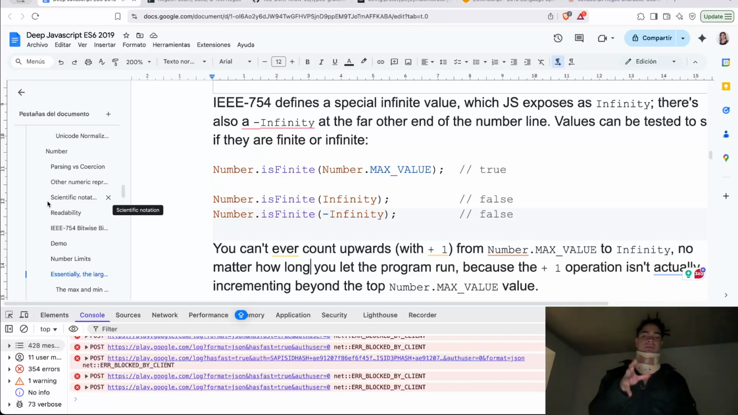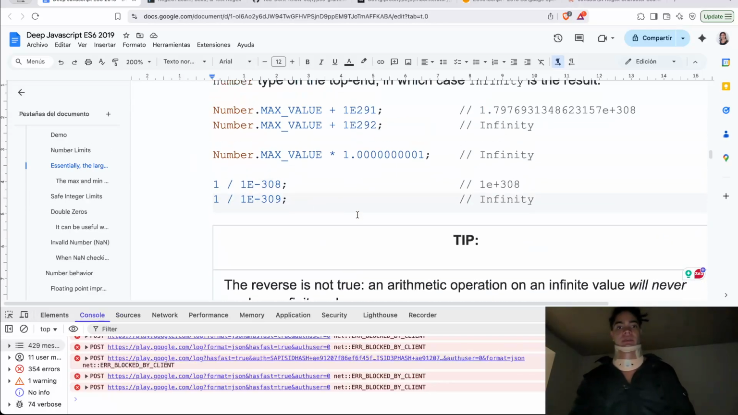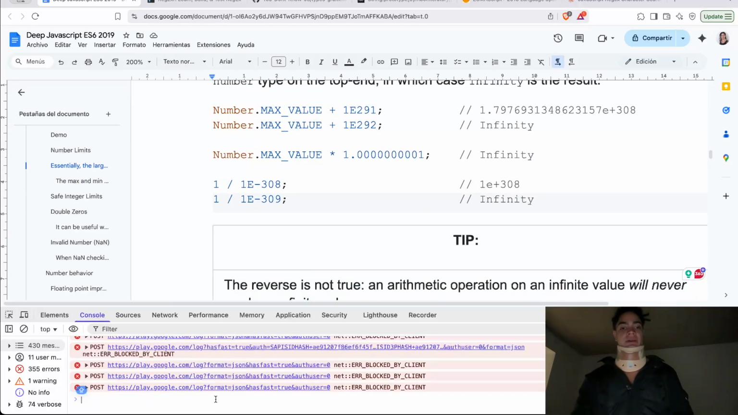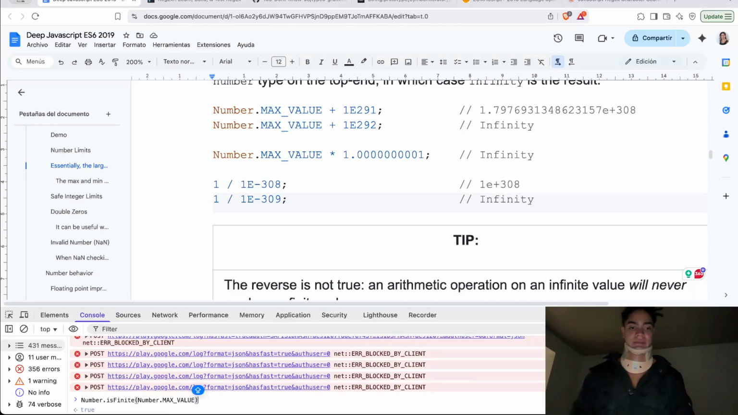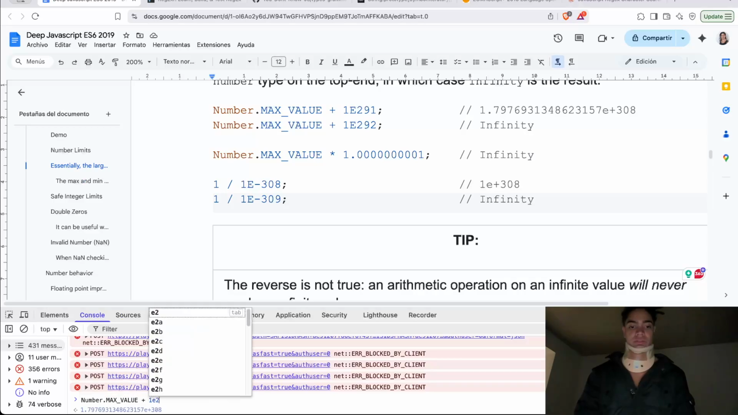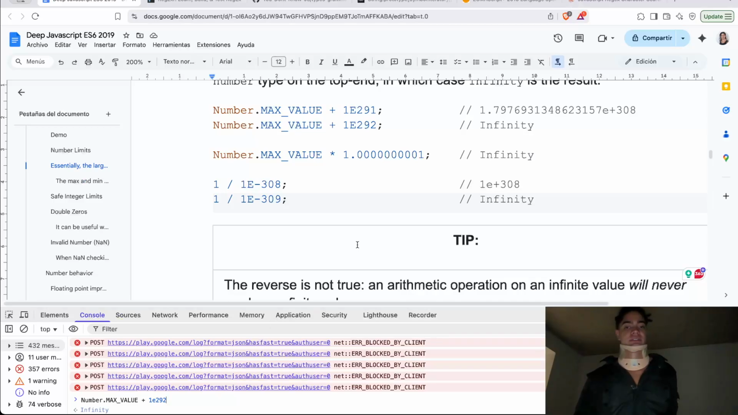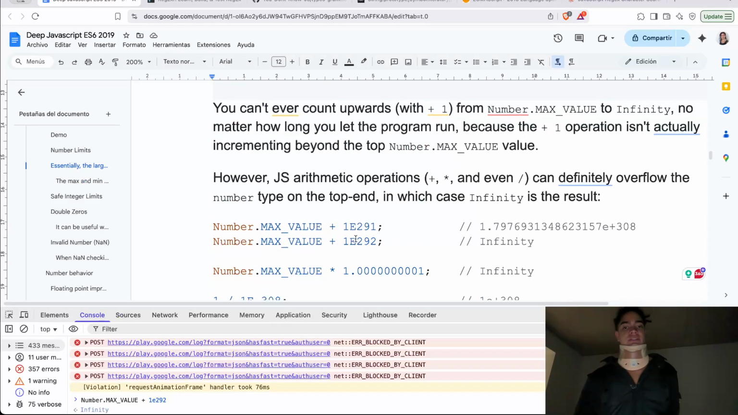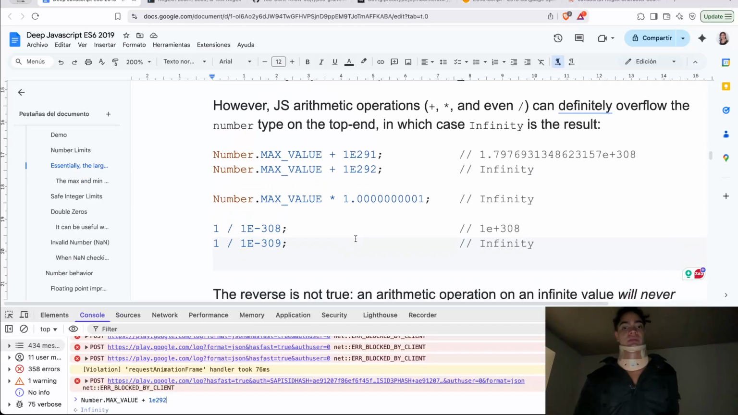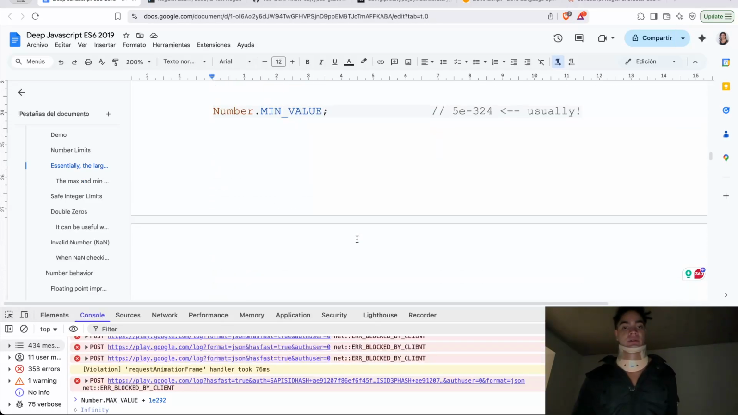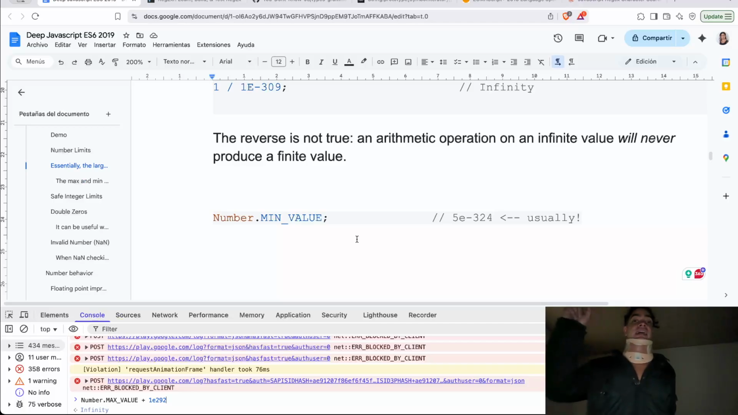But if you now sum some close numbers to that n, if you add a particular number close to that n, then you hit the true limit of the JavaScript representation. This is also important to know, because here we can know the max value that we can represent,